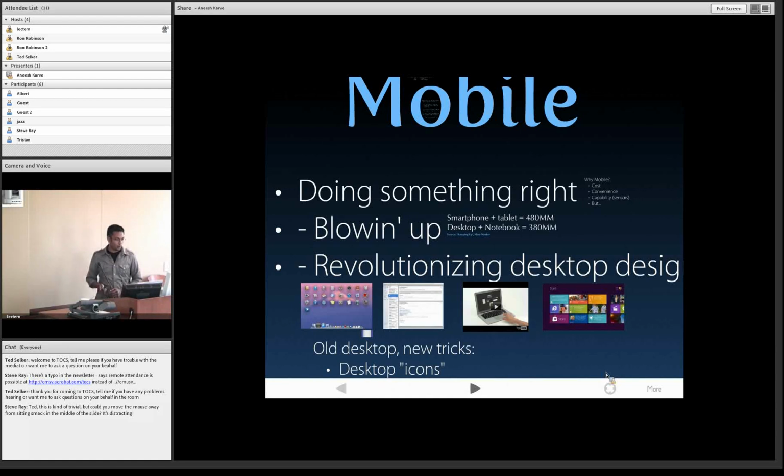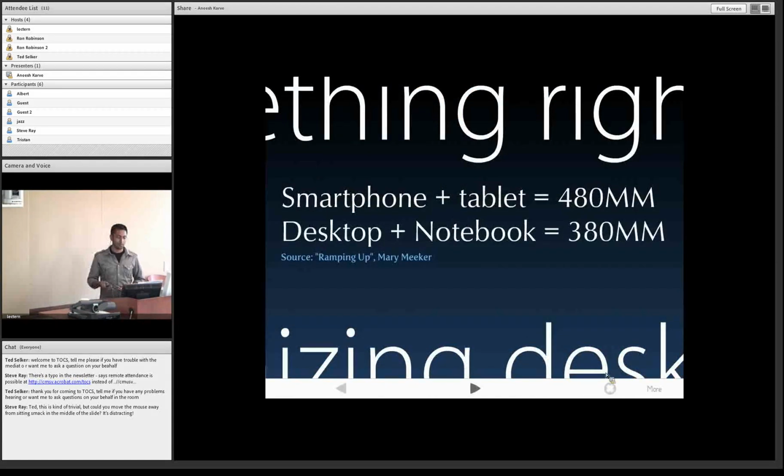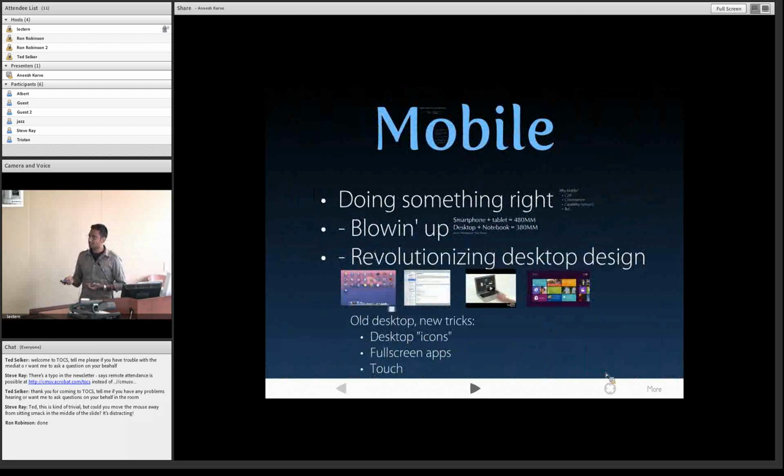Okay, so the point I want to make here about mobile is that something is happening. There are significant causative factors to the explosion of mobile growth. You probably already know this, at least intuitively, but in 2011 a very important inflection point was hit. This is the first year in history where the number of smartphone plus tablet units shipped significantly outstrips the desktop and notebook total units shipped. We're looking at about 500 million, half a billion smartphones and tablets, and about 400 million desktops and notebooks total. This trend is projected to continue, and the gap is expected to continue. So the next question, naturally, is, what other effects do we see?